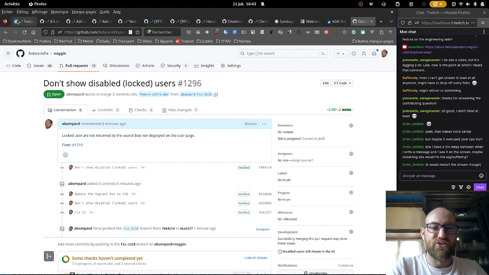Yep, that's about it. There are still plenty of easy fixes that I could look at. I don't think I'm ever going to run out of those. But if you're working on a Fedora application and you see a bug that seems easy, feel free to label it as easy fix or good first issue, depending on what your label is in your application. And hopefully someone from the community is going to be interested in this application and try to fix it.